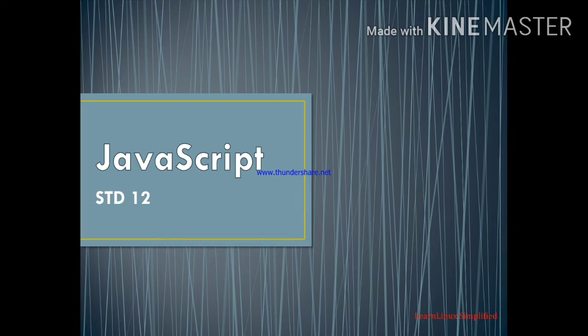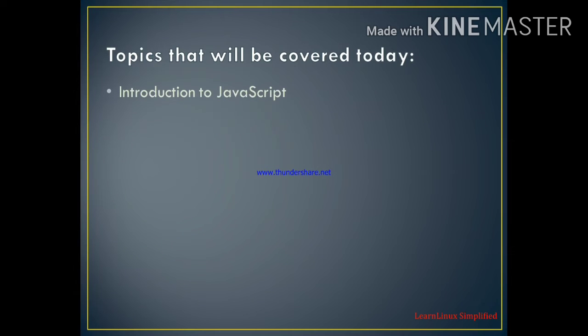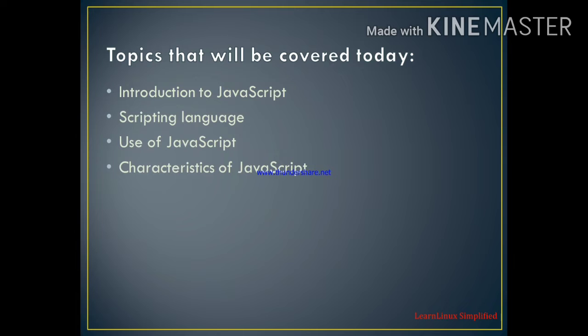Here we will cover the following points. Introduction to JavaScript, scripting language, use of JavaScript, meaning where JavaScript will be used in HTML, characteristics of JavaScript, how JavaScript works on a browser and on a server, which will be covered in characteristics, how to add JavaScript in HTML, meaning where to add it, in a body section or in a head section, or how to add JavaScript. The script tag: what is the use, what is the significance of the script tag in HTML.